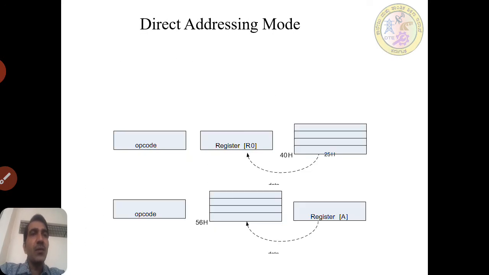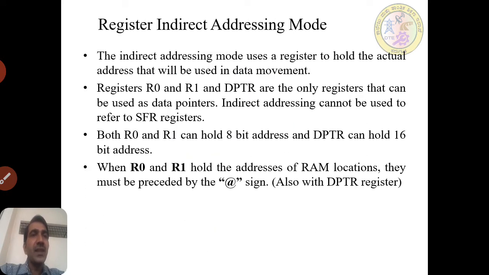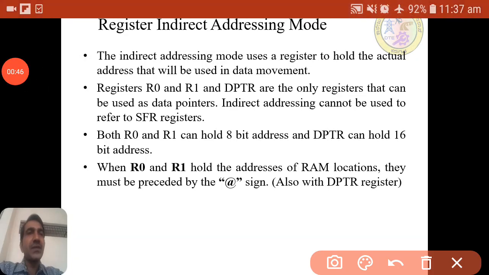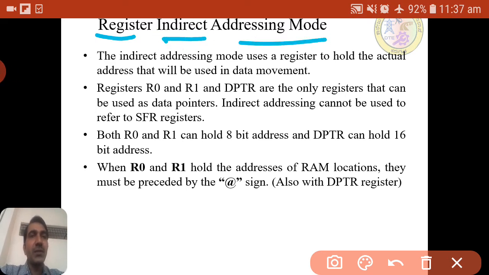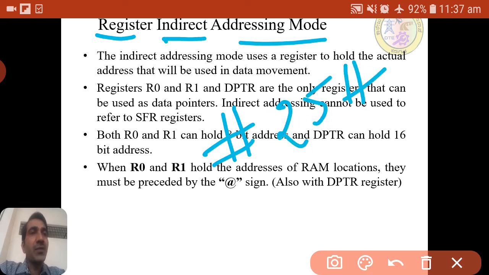So now we move on directly to the register indirect. As the name suggests, register indirect addressing mode. As we know, the addressing modes are the ways in which we access the values or data which is in a register or memory, or it can be an immediate value. In the previous sessions we have seen immediate. If it is immediate, we need to mention the value with a hash, for example #25h.